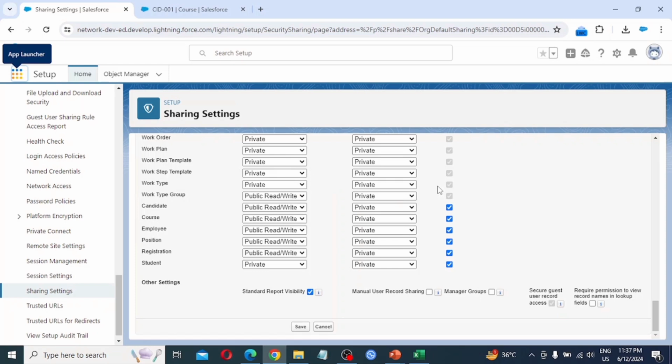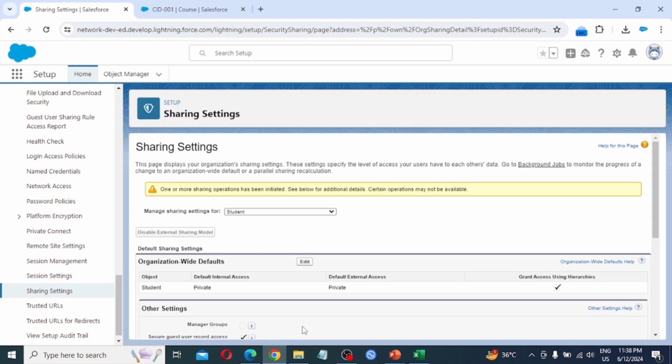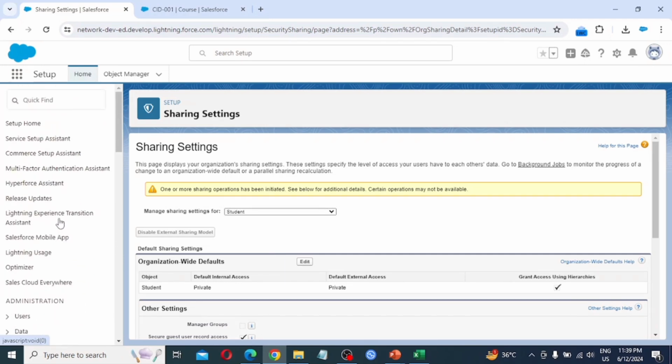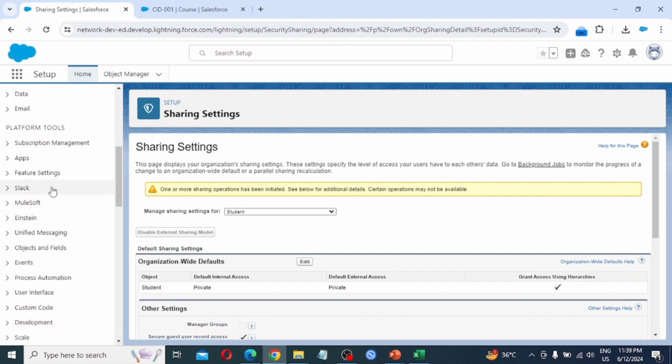To do the practical for this manual sharing, just make the course object private and click on the save button. So it may take a little bit of time. So this we are doing in our main account, Salesforce network account. Also for the course object, we need to verify